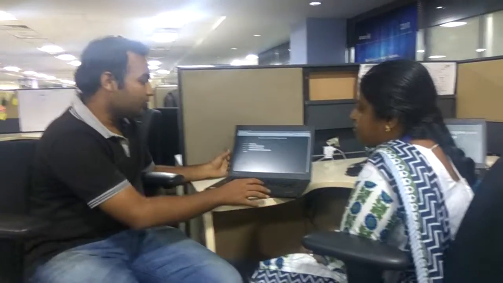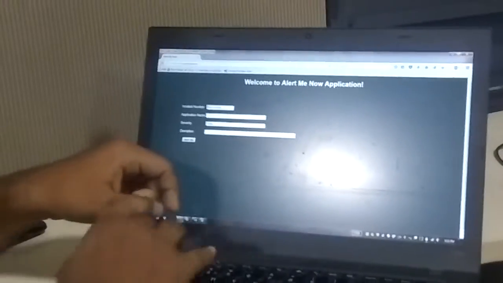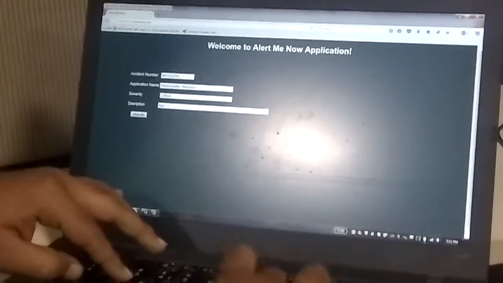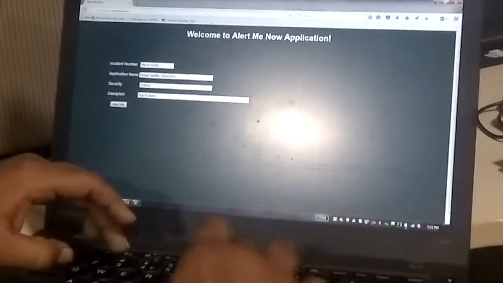For demo purposes, we have created a UI for this. Let's say I am typing my ticket number, and then the application name, let's say Global Quality Assurance, and the severity is critical. The description says the application is down, users are unable to log in. And if I click on Alert Me,